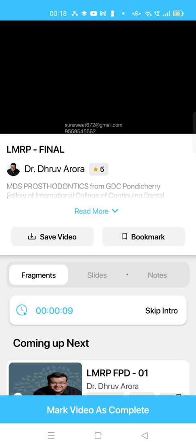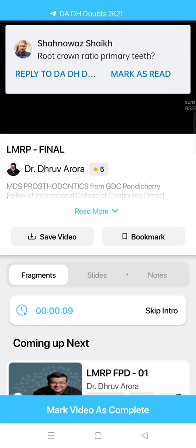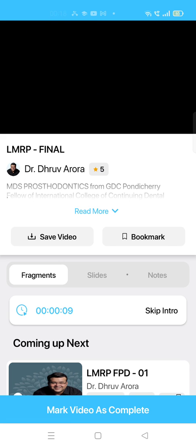In RPD, you need to know the color coding for your RPD designing, right? This is a very important part. So the brown color is the metallic component of the RPD. Blue is for acrylic. Red is for rests or mouth preparation. And black is for the survey lines, right? So this is how you design your